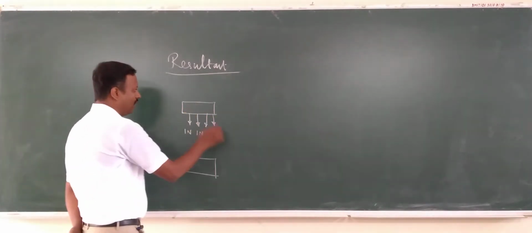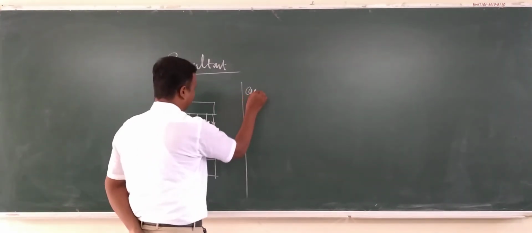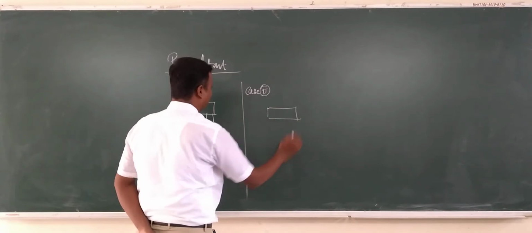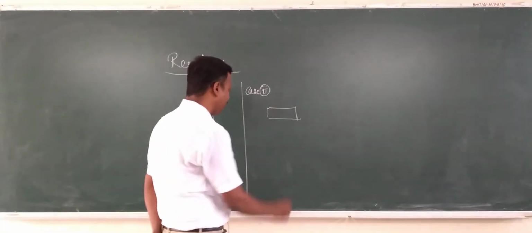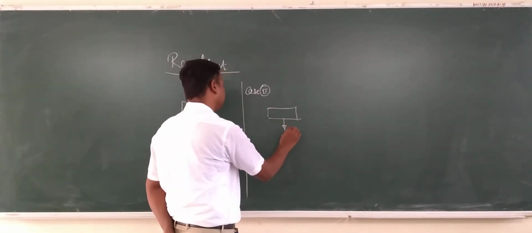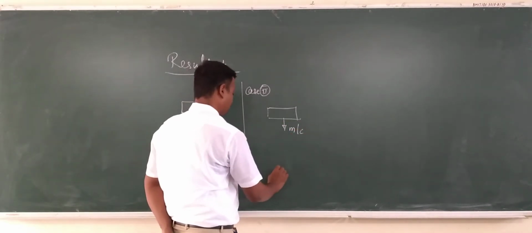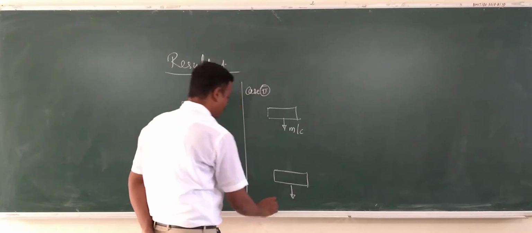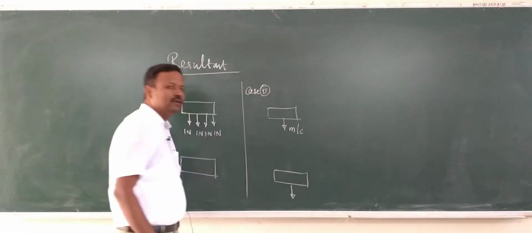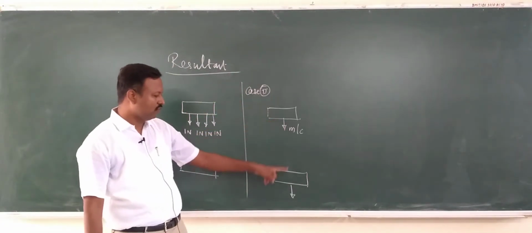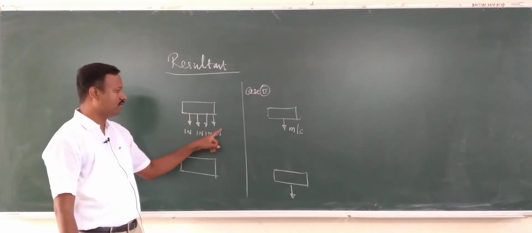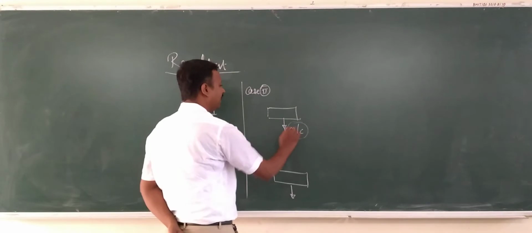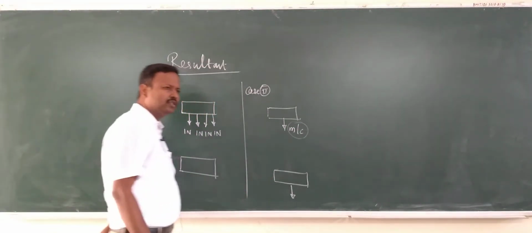To move this box from this place to this place. Now in the second case, the same box, if I move it with the help of a crane-like machine, the machine will do the same work as that of these 4 forces acting on that body. So ultimately this machine is converted as a resultant of that. So what is the resultant?